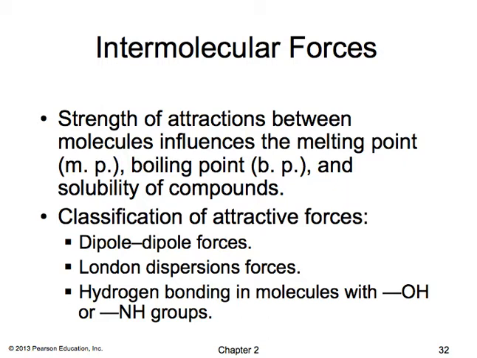In terms of intermolecular forces, these are the strengths of attractions between molecules, influencing the melting point, boiling point, and solubility of compounds. There are different classifications of attractive forces. They fall under these categories: dipole-dipole forces, London dispersion forces, and hydrogen bonding in molecules with hydroxyl or NH